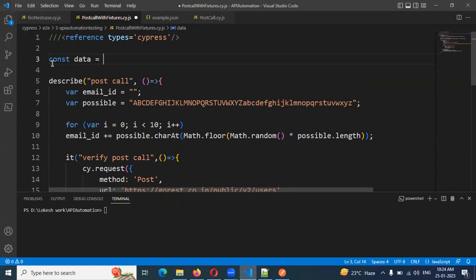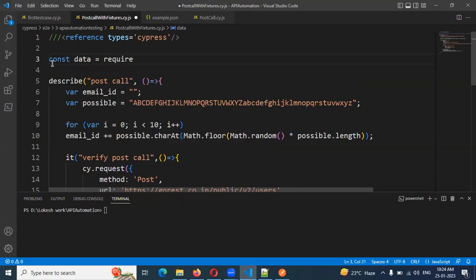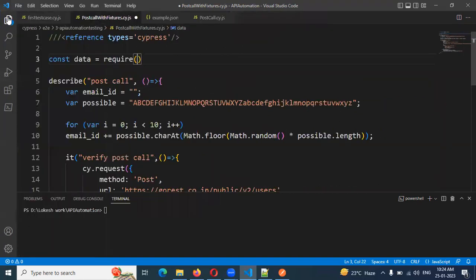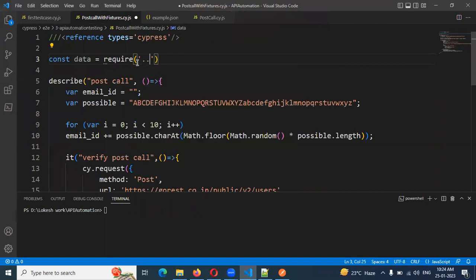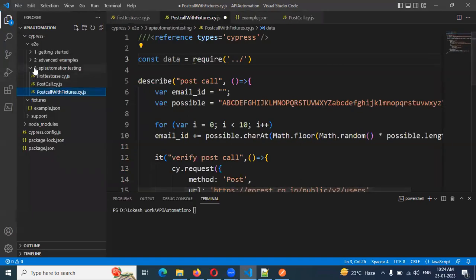Here we need require, because require is basically used to indicate what file you require in this project. In this project, which file you require, to indicate that we use the require method. You need to mention a single quotation for the path, a dot. If you mention two dots and a backward slash, you can see it is giving three files. What are the three files? If you expand and see this,